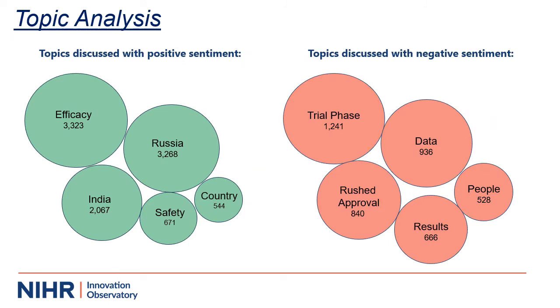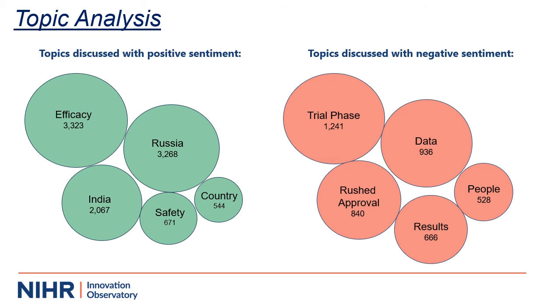So the platform uses machine learning to automatically group tweets into key themes that were discussed positively and negatively. And this slide here shows the 5 themes discussed most positively and 5 discussed most negatively overall. Further analysis by manually reading through a sample of these tweets meant we were able to establish that release of scientific data was an important driver of sentiment, given